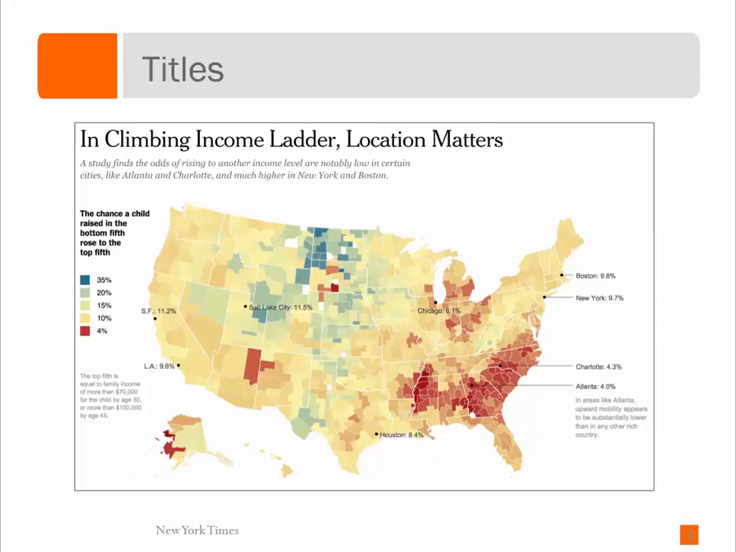That's the idea here. Underneath there, the New York Times diligently goes a little further and says the top fifth is equal to family income of more than $70,000 for the child by age 30, or more than $100,000 by age 45. So they're basically adding, and here's why it's important. I think most of us probably would already know why income is important, but the New York Times makes sure here. Now, coming back to the map,